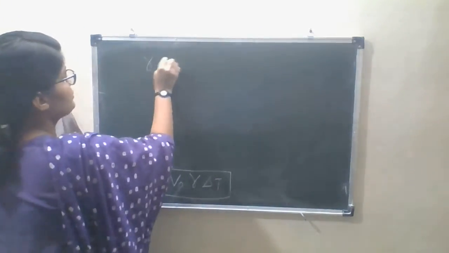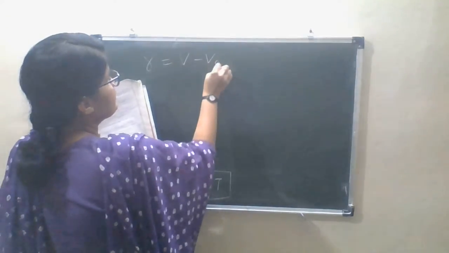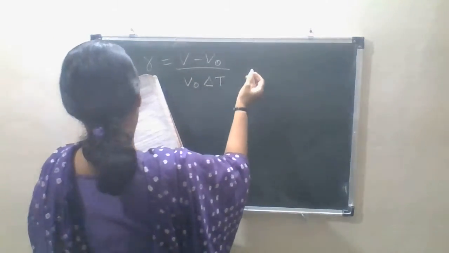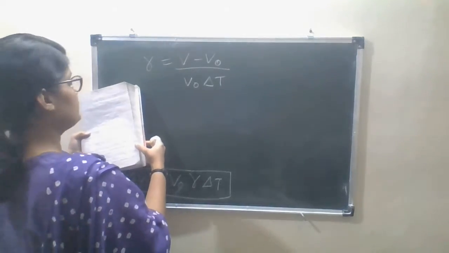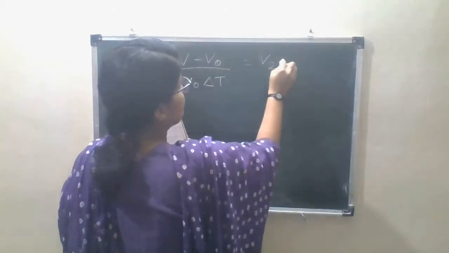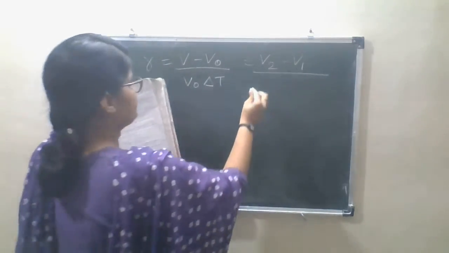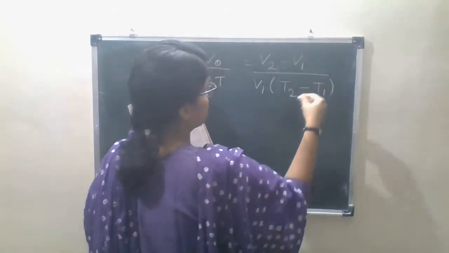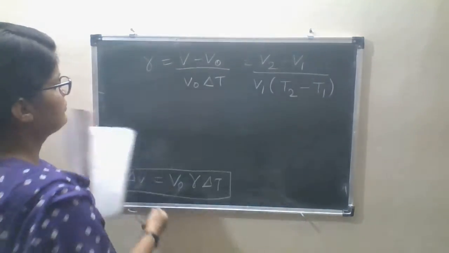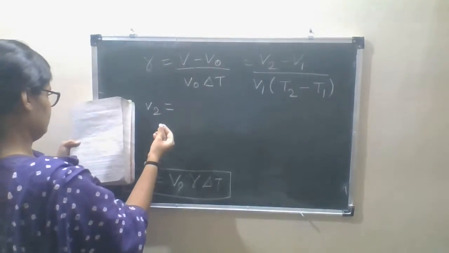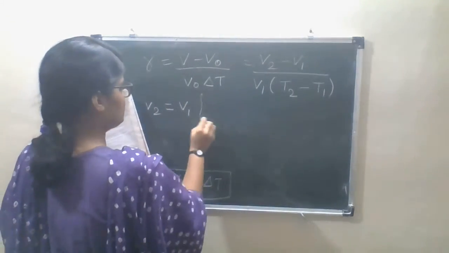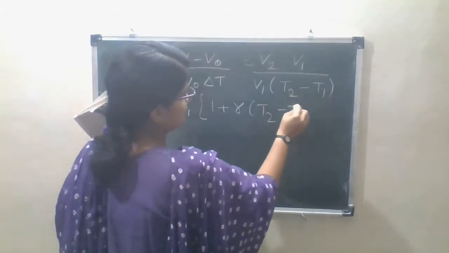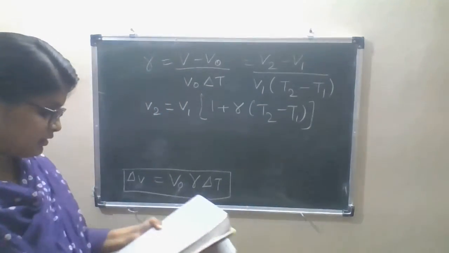So gamma is equal to V minus V0 upon V0 delta T. You can also write it as V2 minus V1 upon... everything is the same as it was in